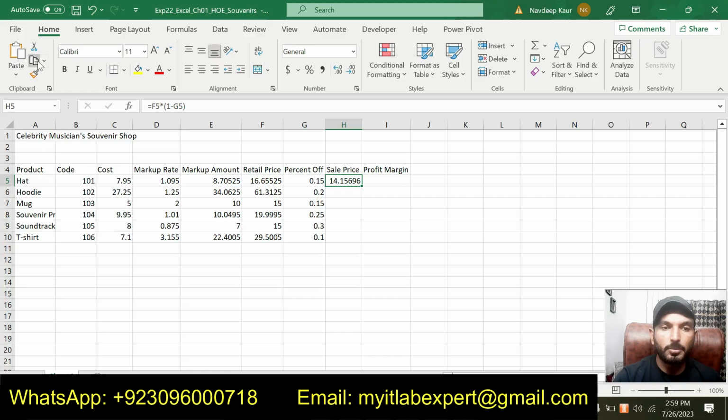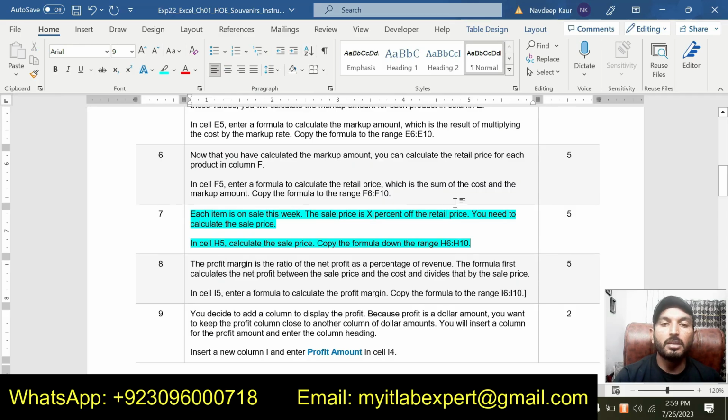So I will simply copy this, or you can use the autofill handle to get the other values. I will use the paste special formula option to get the sales price values. So I used the formula to get the sales price, that is the X% of the retail price. So that is all about step number 7.